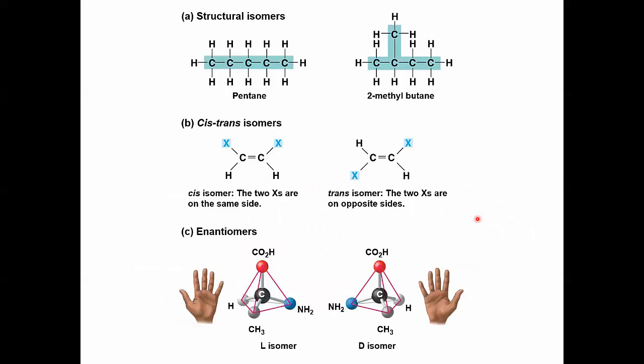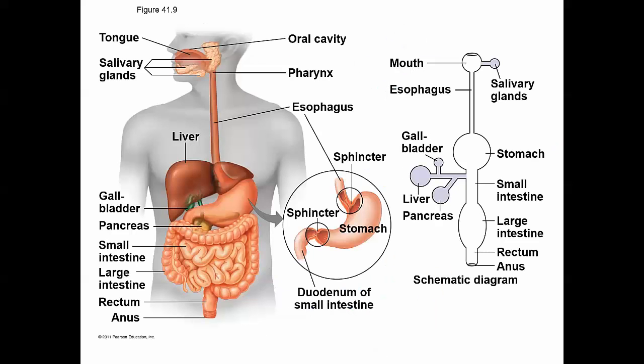For example, some drugs have the same formula, but one's a cis and one's a trans. One will affect your body, one will not have an effect on your body. So I thought I'd relate this lecture to the digestive system, something that you're all familiar with, where we have these different organs that break down different things,